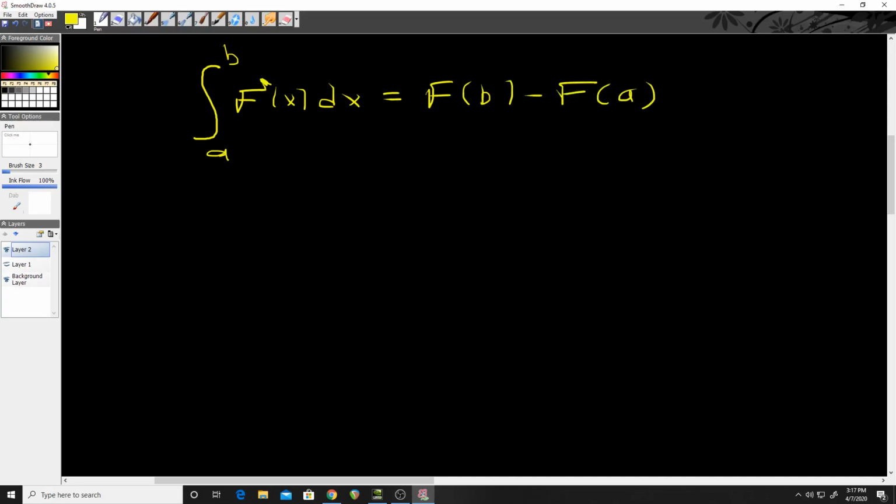And once again, just like I did in the previous video, this is the area from x equals a to x equals b